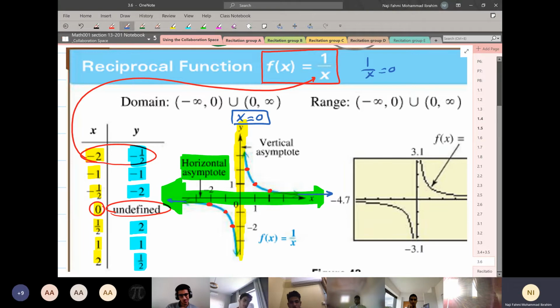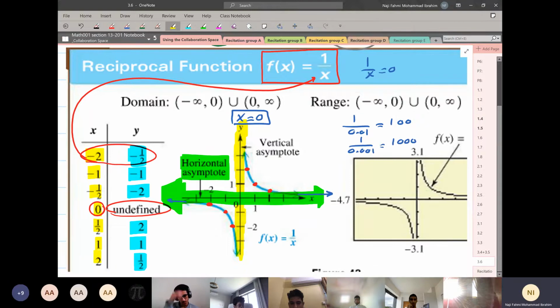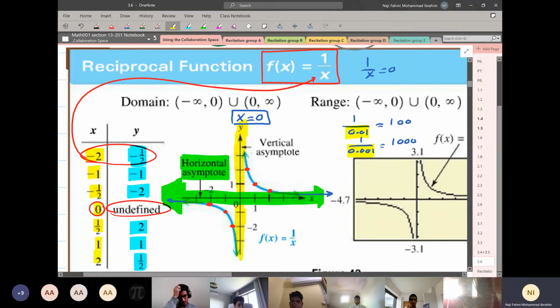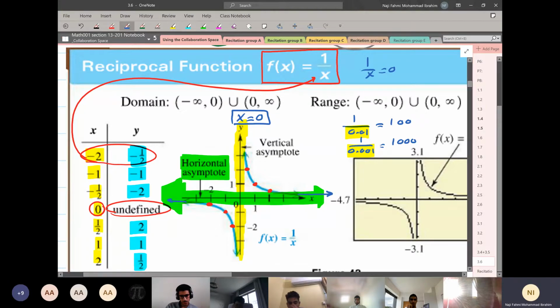If I say 1 over 0.01, what's the answer for this? I think it's 100. But if I say 1 over 0.001, the answer is what? Okay. So as x gets closer and closer to 0, what will happen to the value of y, ya Shabab? It will be very large. It will go to where? To infinity. Which means my curve, look at the curve now, as we are approaching the y-axis from the right